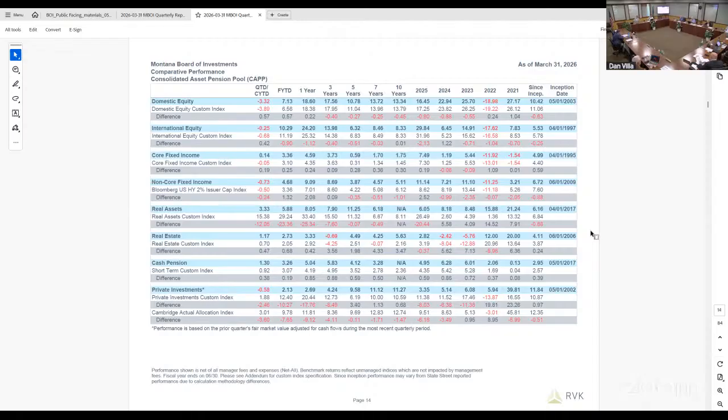The cash portfolio return of 3.3 fiscal year to date, and the private investments have had a 2% rate of return. And here we've got a couple measures. One is this custom index. This is not private equity by itself. It's private credit and private equity combined together. And its benchmark had a very strong return. The custom index had a very strong return because of the very strong returns primarily in the equity markets, the small cap and equity exposure generally.